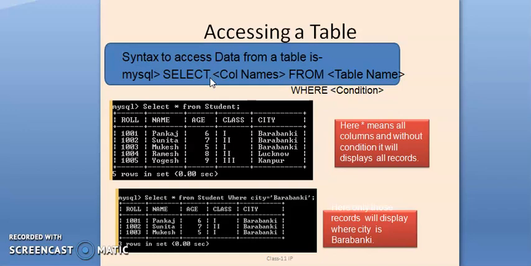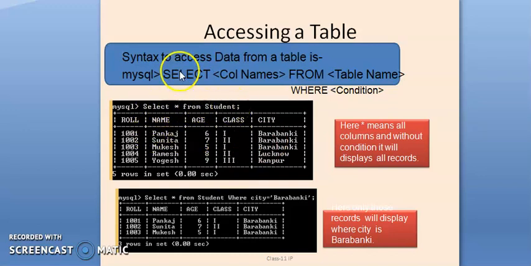And if we want specific rows or records that fulfill a condition, we can access those records also. Here we can see: select star from student.